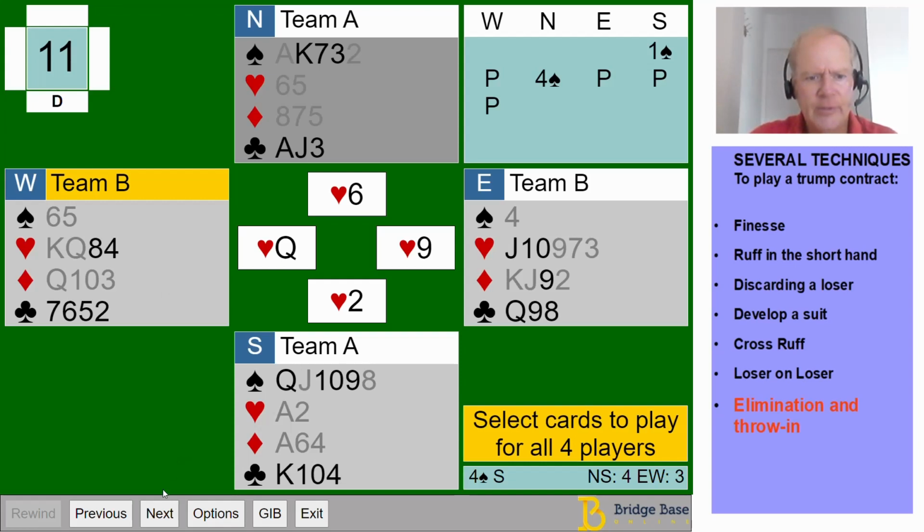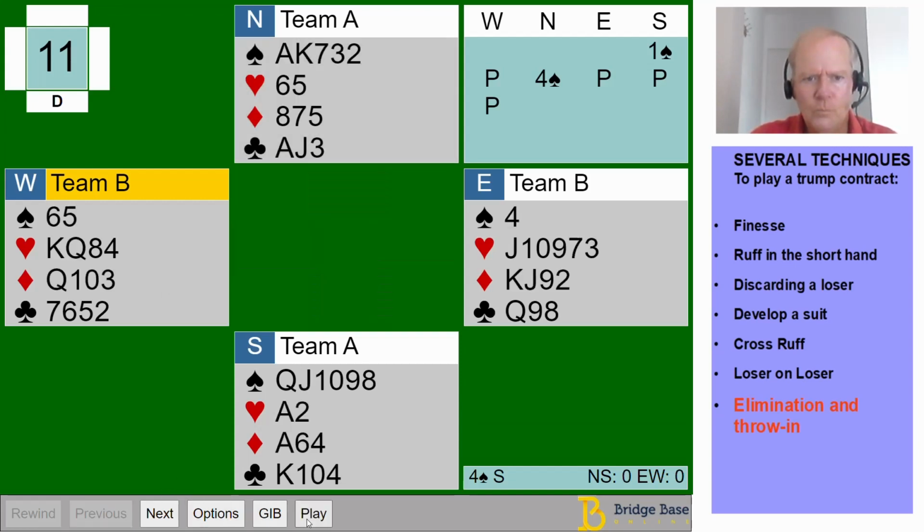Elimination means we eliminate every card in every suit, besides the trumps of course and the club. And we make sure that West and East win the last trick. So at some point they are thrown in. They have to play the club or diamond or a heart. But if no diamonds and hearts are left, I can ruff in North or in South and throw away a losing club